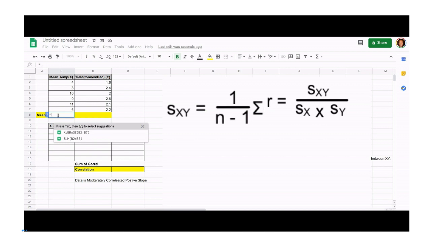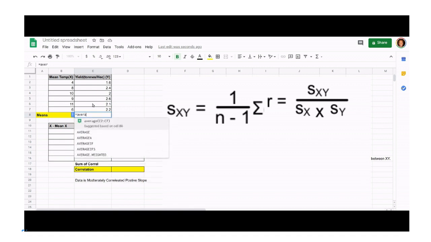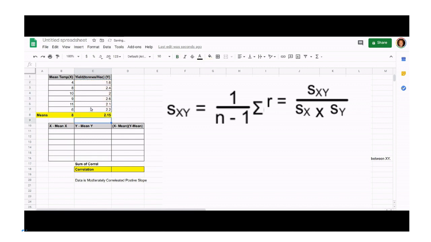In order to do that, we actually have to use the average function. So you hit average and then bracket, and then you select all of the cells that you need for the calculation. Then you hit enter to commit the changes. So that means the mean for x is 8. We're going to do the same thing for our y values. Now, the moment that we've done that for our y values, you'll notice that our equation that we had over here,